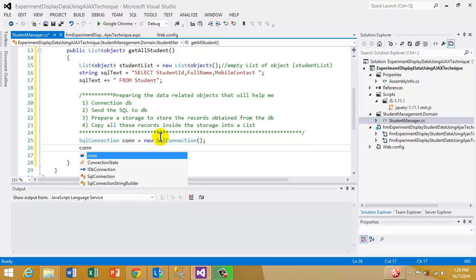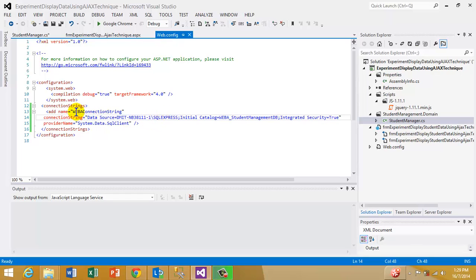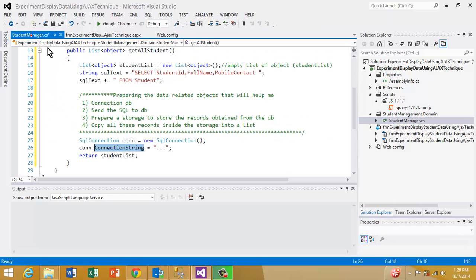But I need to tell the connection object where the database is by supplying the information into its connection string property. The information is right now located inside this connection string portion. The name of this information is called WebAConnectionString. So I need to tell Visual Studio or C#, hey, you better read it from that. So here I'll just put